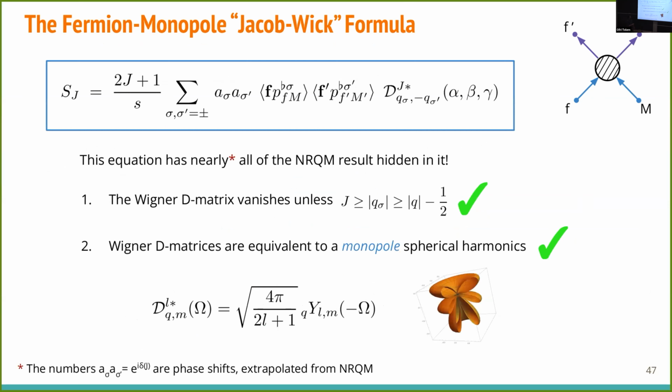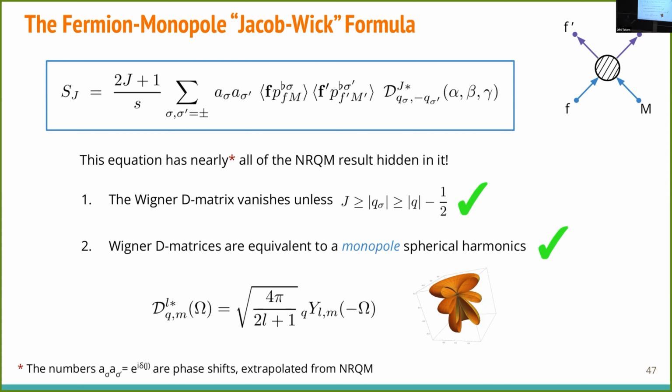So this is essentially the Jacob-Wick formula for 2-to-2 scattering, partial wave expanded, and it's this single particle factor times the D matrix, which has indices here, the Q's. So the D matrix has an angular dependence that depends on the E times G of the charge in the monopole. So let's see how all the things that Kazama found are just derived from here.